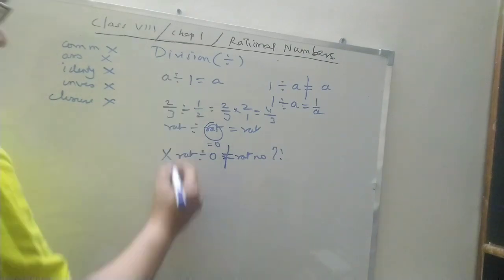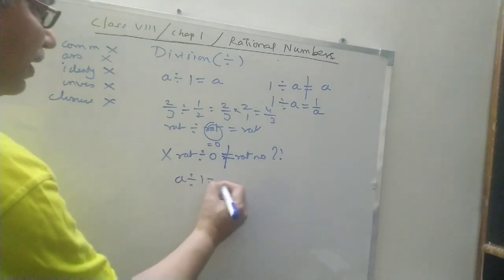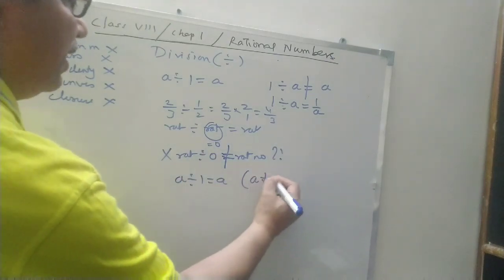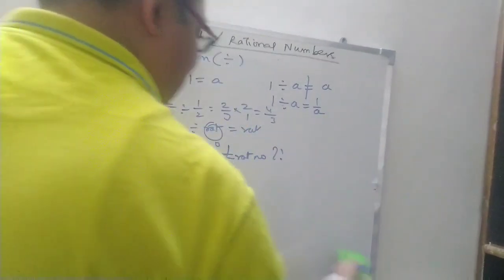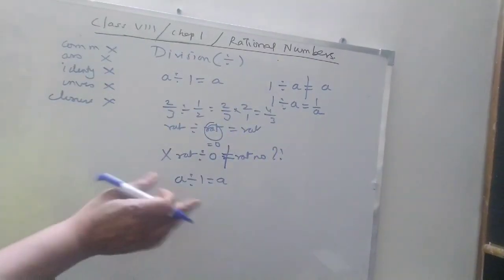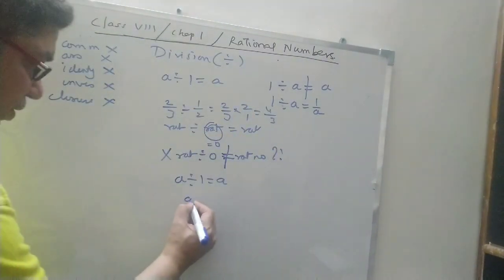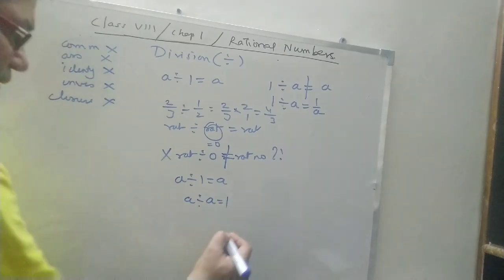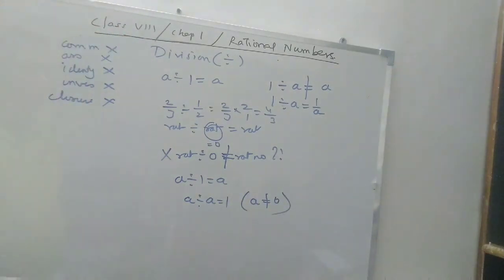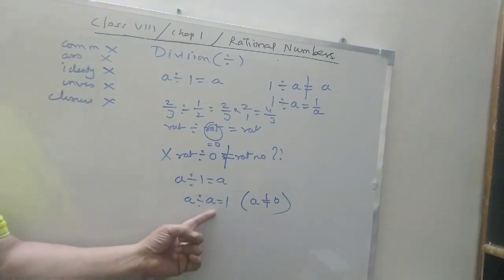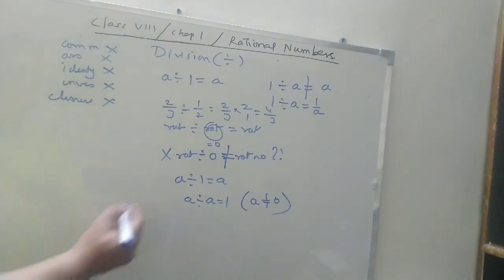I say A divided by 1 is equal to A, brackets is not equal to. A divided by 1 equal to A, correct, but I don't write the reverse part of it. I never write 1 divided by A. I also say A divided by A is equal to 1. In the bracket, I take A not equal to 0. So I'm taking away that possibility that we are dividing by 0. Now these two